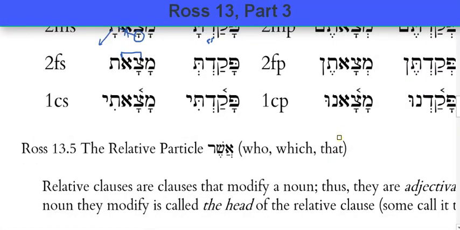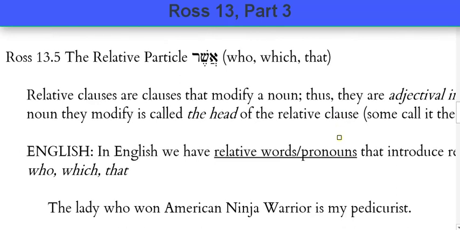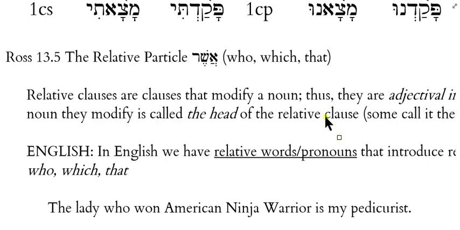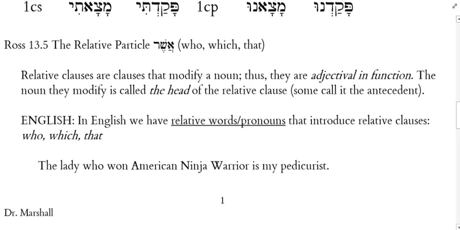Let's talk about Ross 13.5. This is the relative particle asher. Now, I have chosen this word very carefully, relative particle, not Mounts, Ross. Ross refers to this as a relative pronoun. I would beg to differ on that. This is not, technically speaking, a relative pronoun, but it is a relative particle, and it introduces what's called a